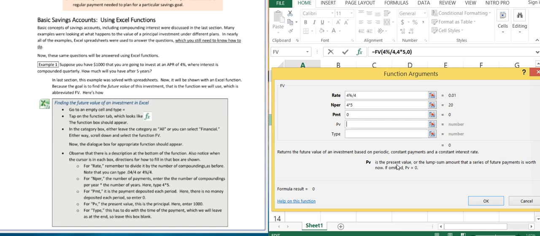I'm not crazy about that terminology. I'd say focus on this vocab, lump sum amount. That's the lump sum we're putting in. So in my class, I'm always going to give you one of two different scenarios. Either just a lump sum we're going to put in and watch it grow, which is what we're doing here, a lump sum of 1,000 with no regular payments,